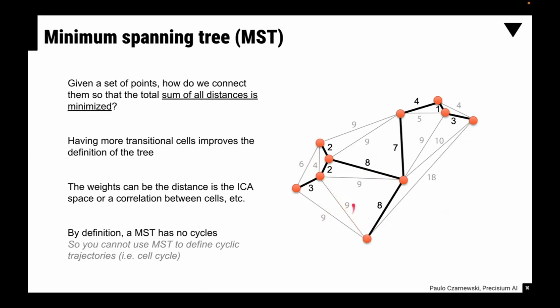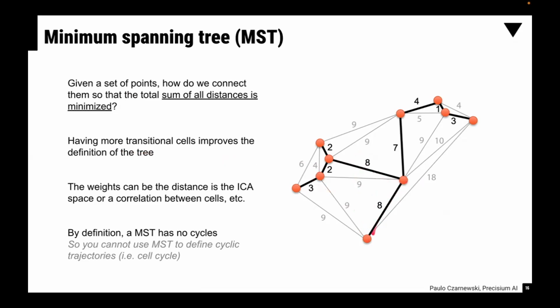But as you can see, this edge has a higher value, so it's 9 instead of 8. So that will not minimize the distance once you sum, for example, the 8, 2, 2, 2, 3, and 8. So this distance is what we are trying to minimize. So how can we connect all points using the least amount of edges, or edge values or weights that you have in here? So that's why in that way, you can actually try to find the relationship between these cells,